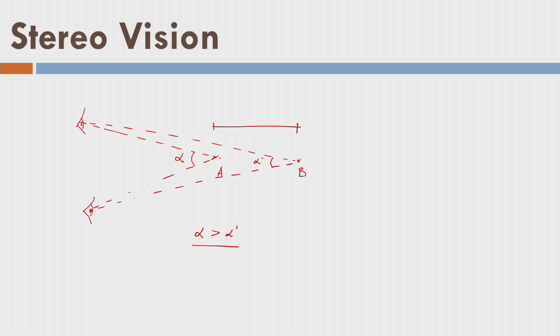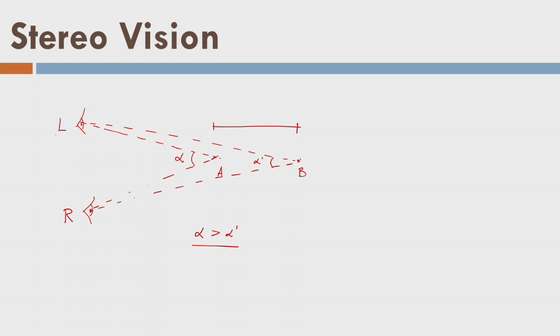You will find out that the point which is hidden behind the finger is shifted, and this shift is called the parallax. Well, we use this term also in astronomy to find out the parallax angle, and the term parallax comes from a similar concept. That means on successive exposure of the eye, there is a shift of the point, and this shift is called parallax. Well, so now if I have, let us say, my left vision here and this is my right vision here, right eye and left eye.